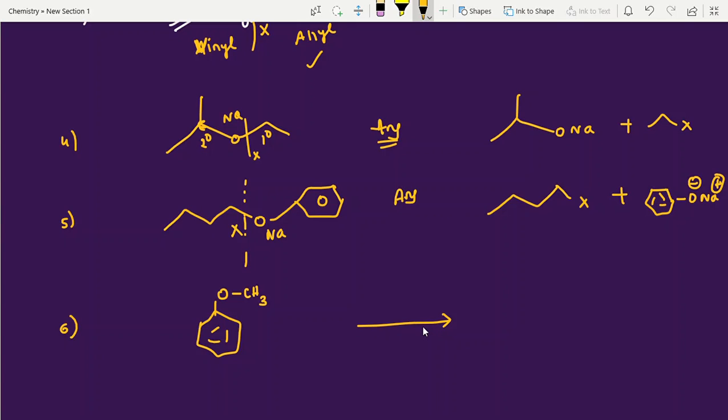Next, anisole. What is this guy's name? Anisole. Yes, anisole preparation. What are the favorable conditions? Which is the simple alkyl halide? Can you guess it? Yes. This is X. This is ONa. That's it, students. You can write that this is the nucleophile and this is the substrate, CH3X. With this, all the questions which are frequently asked in NEET and mains examinations, I have completed.